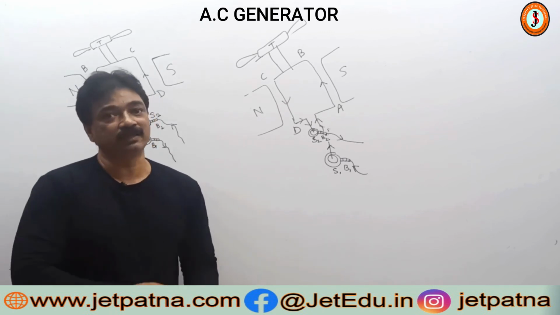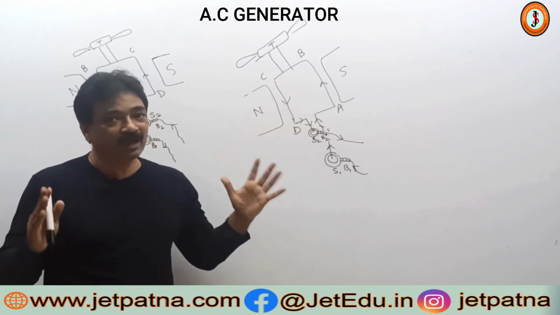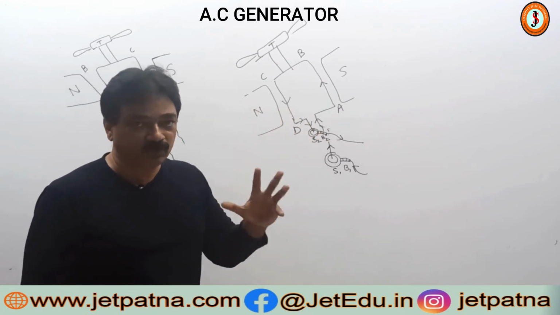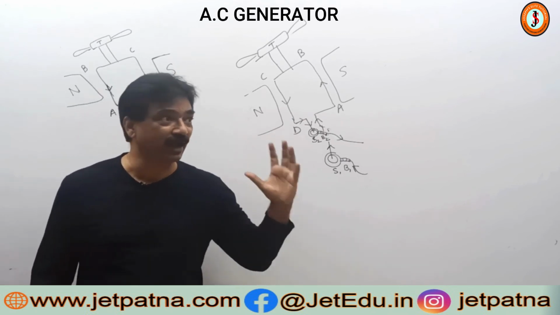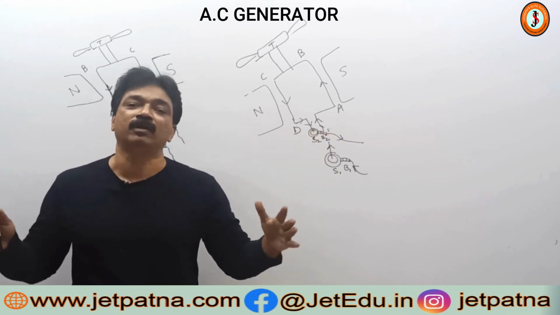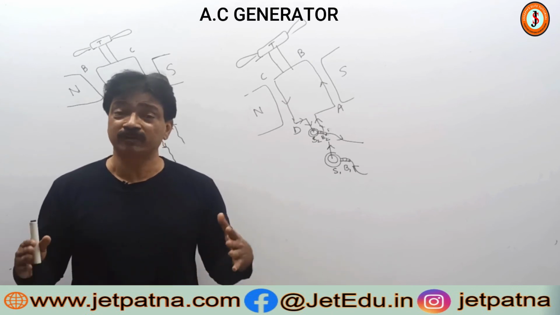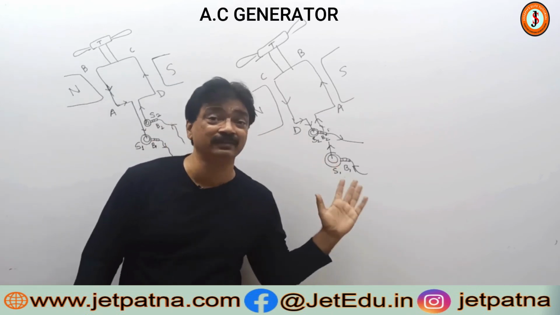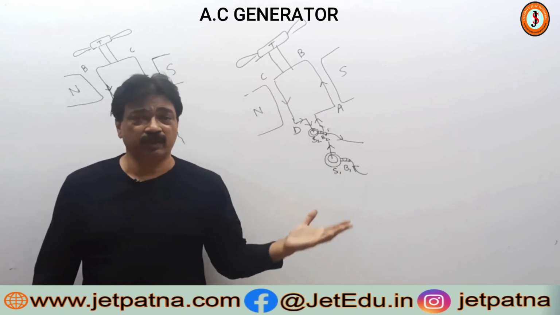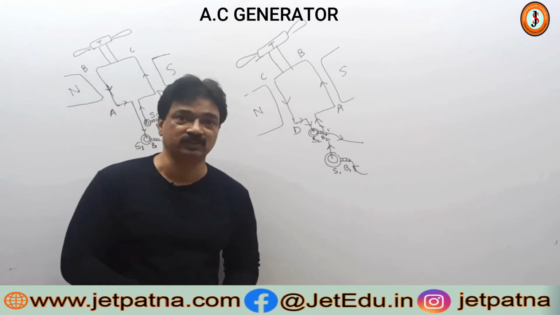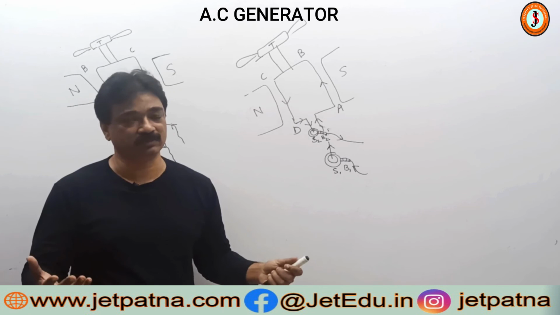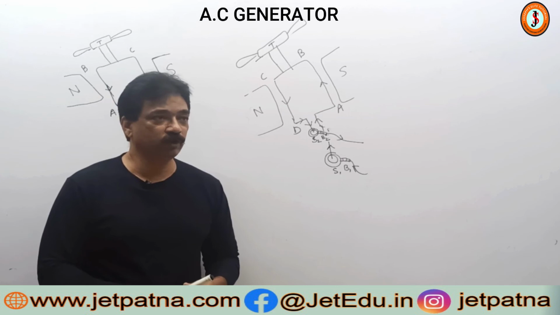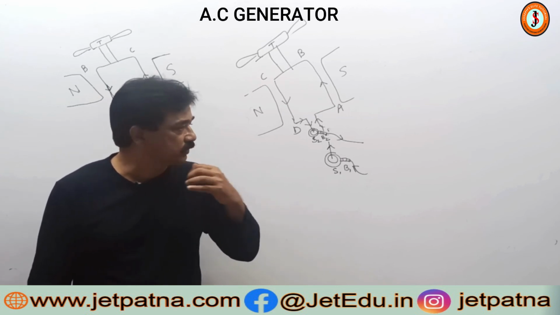We receive AC current at our homes because this same mechanism works, this is symbolic, but the same theory works only on a larger scale and on a much better finish. But the important part is that the function of a generator is as simple as what we have learned now. And if the turbine is rotated fast, then the EMF produced will be higher, that means of a higher magnitude. Are you following?